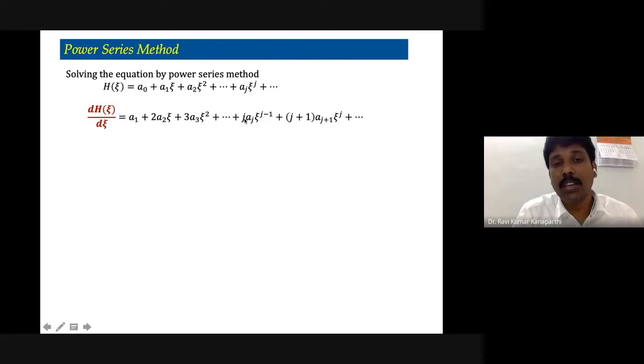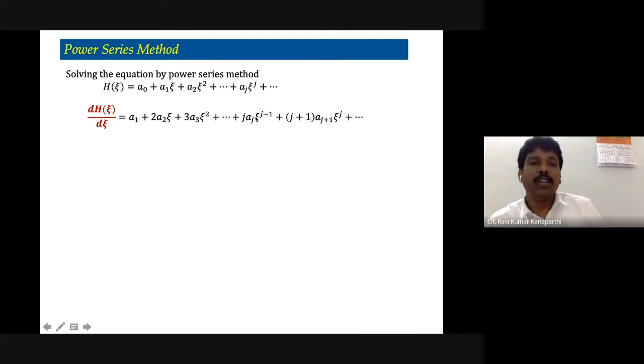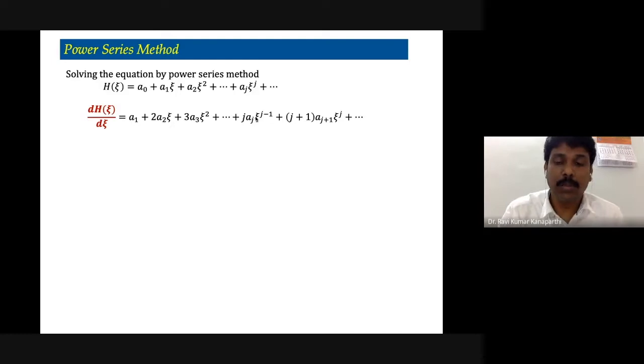Wherever j is there, you just substitute j minus 1. So j minus 1 plus 1 is going to be j alone, and then aj. Remember here also it is j plus 1, but if you replace j plus 1 with j minus 1, then minus 1 plus 1 cancel out. So it is going to be aj and z to the power j minus 1. That is the previous term of this one. Why we are doing all these things will be clear as we proceed further, but for the time being just accept what I am doing.